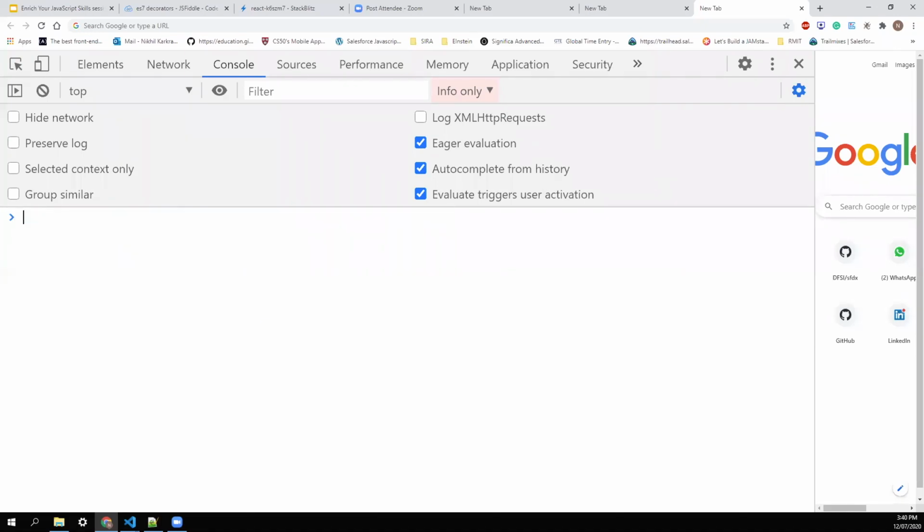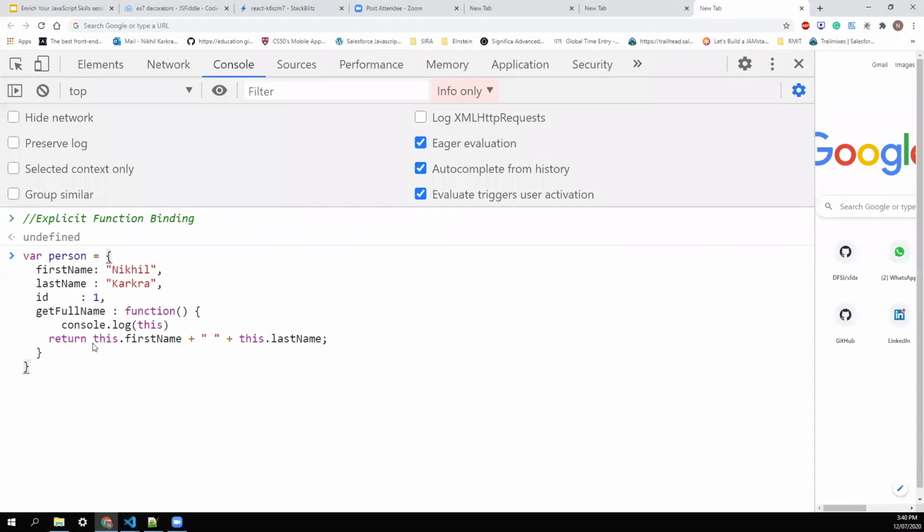Then we have another one, that is explicit function binding. I'll go back to the same example, and you will definitely get some questions around this approach, where you are changing this from one object to another. This is our default person object, in which this refers to person, which we have already seen.